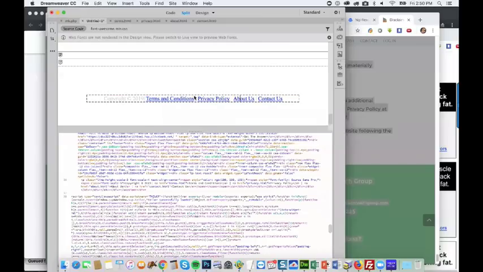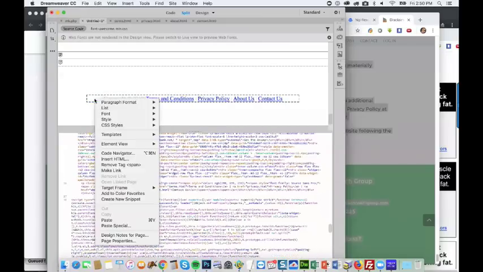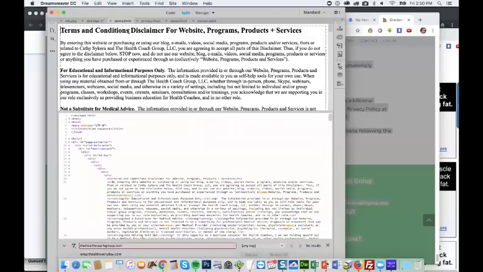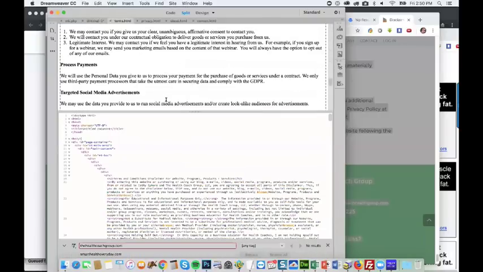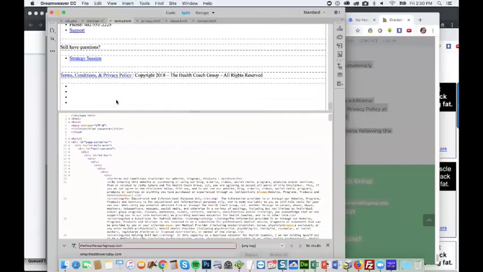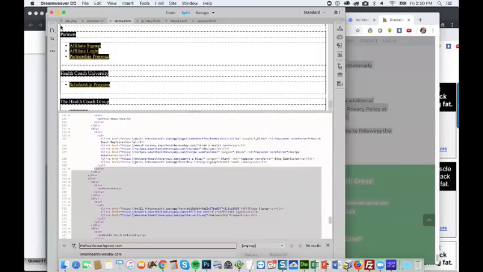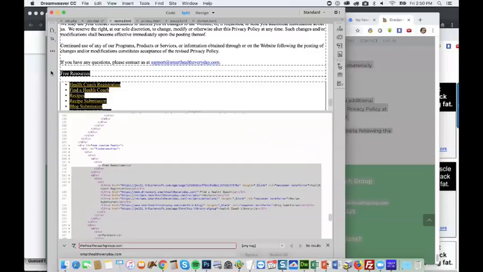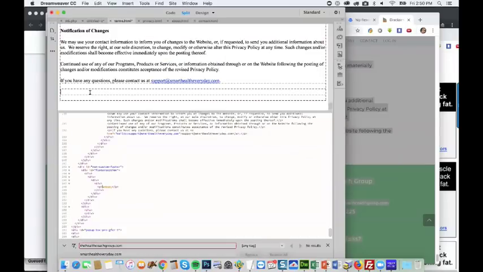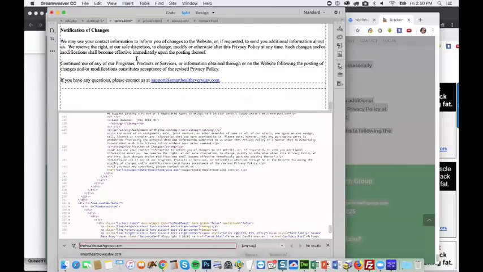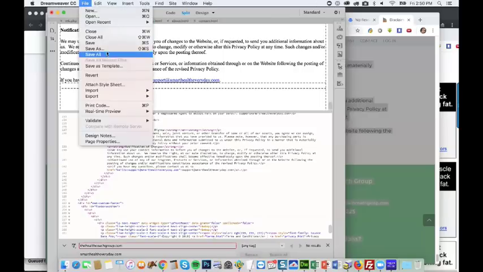So now what we're going to do is take this whole thing here. We're going to copy it and put it on those other pages. So I'm going to put it on terms. I'll get rid of all this. Put that there. Save that.